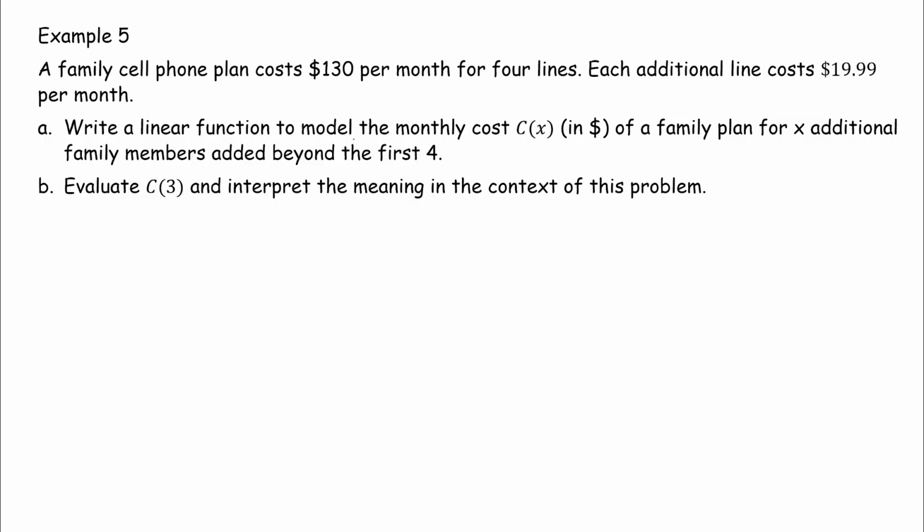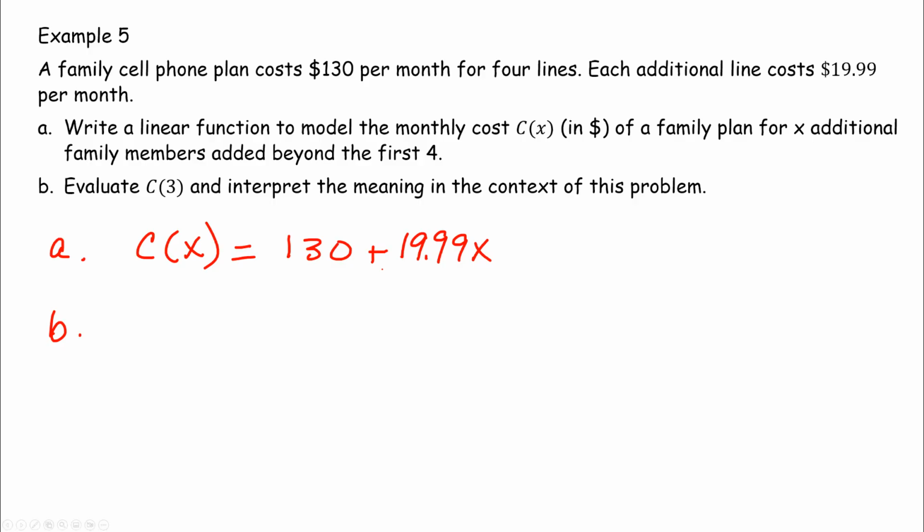Okay, so monthly cost, C of x. So part A, C of x. This is the cost for this family plan. What do they tell us? You just pay $130 if you have 4 lines. And then every extra line is $19.99. So $19.99 times x, which is the number of extra people that are going to be on this plan. So this would be the cost of the family plan if you had x additional family members beyond the first